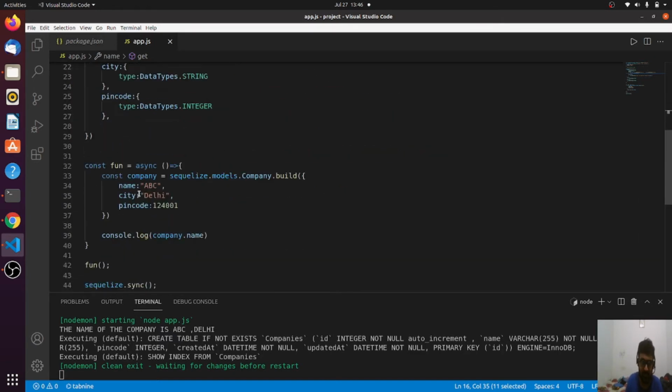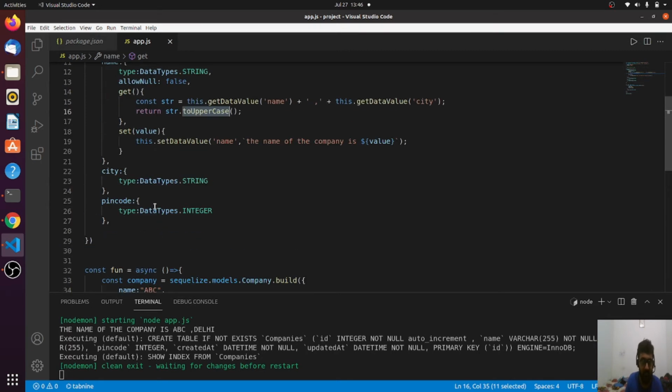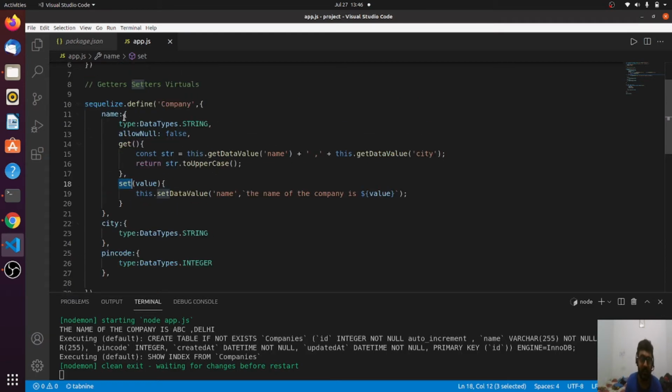And similarly for the set, if it has a set function, it will set what this function says in this dot set data value. And if it doesn't have a set method, it will not be called, and it will directly save whatever we got in the name. So that is how getters and setters work.